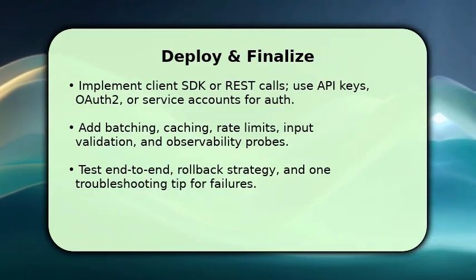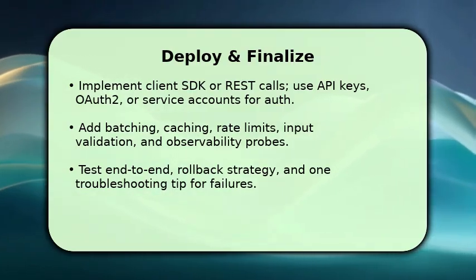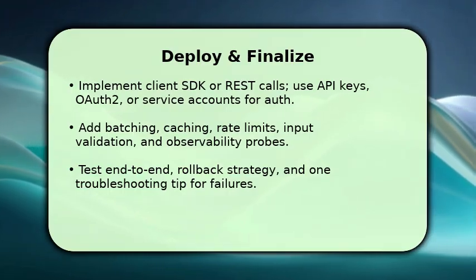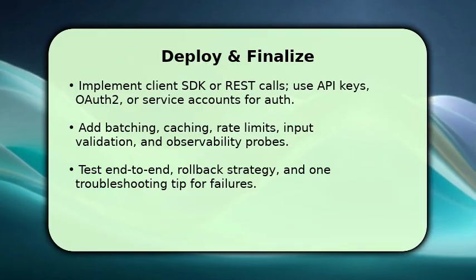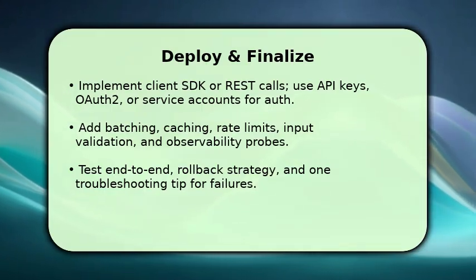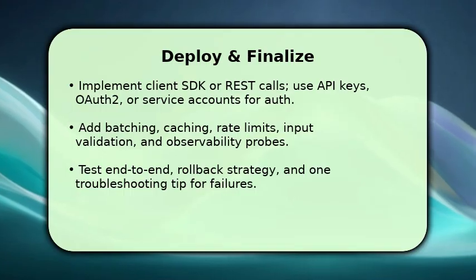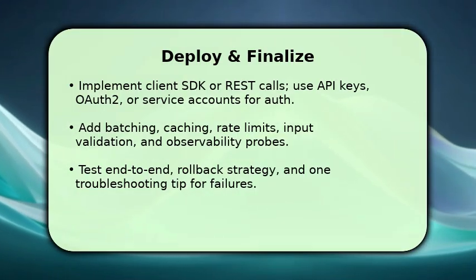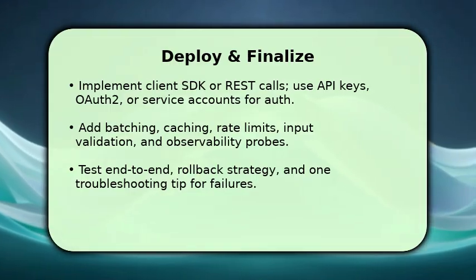Then add batching, caching, and rate limits to control cost and latency. Make sure to validate inputs and expose observability, traces, metrics, and error logs. Test end-to-end and create a rollback strategy. If deployment fails, check IAM permissions and endpoint health first. Incorrect service account scopes are the most